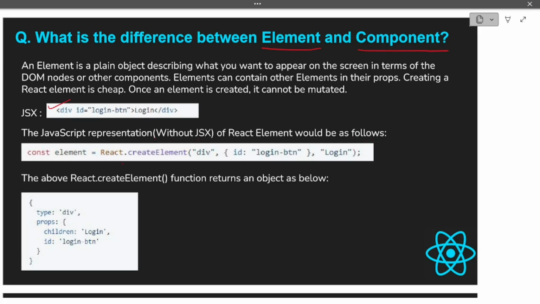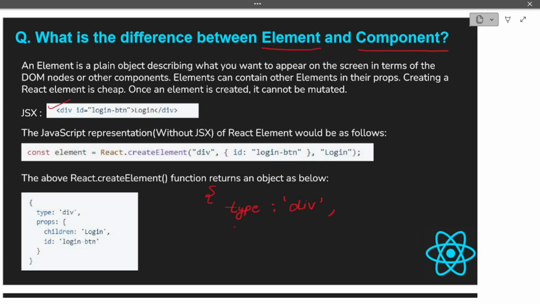Like we have already seen in the last question how this single JSX line will be interpreted, using React.createElement. Now when this line is converted into this code, how is it understood by the browser? The browser understands it as an object. This same line, the React.createElement function, is giving an object. In the browser, it will create an object which will have a type, and the type will be your tag or your element.